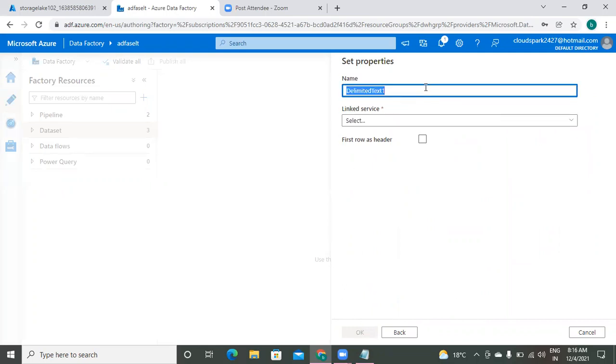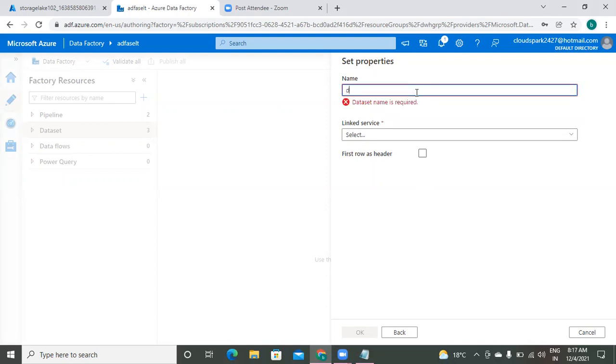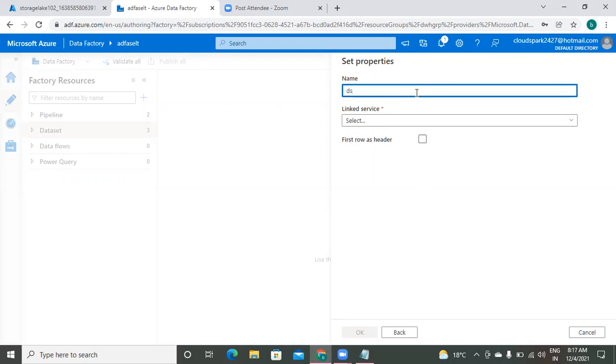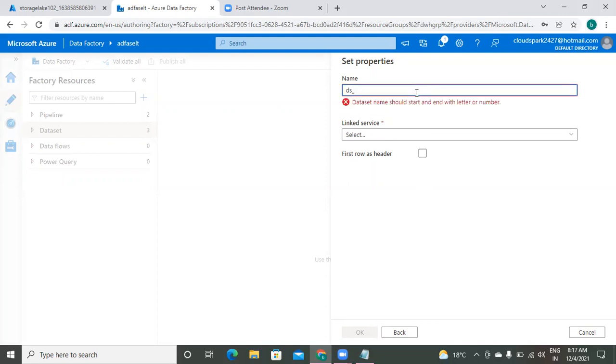It is asking me the name, that means the data set name. So here please check this option. The naming standard: if it is a data set, just give DS as prefix, underscore. Your data set is in which storage account?